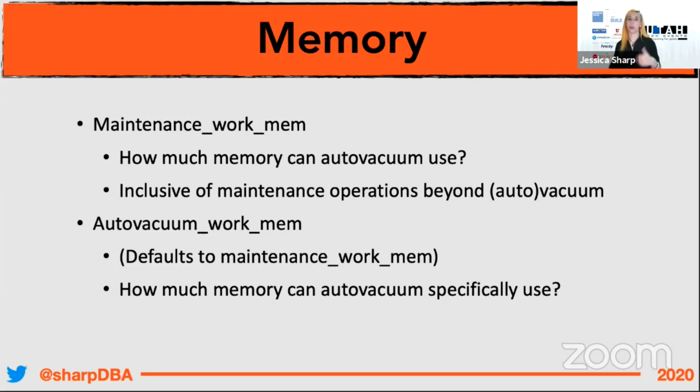But keep in mind that you are going to use up more maintenance_work_mem with that. So you need to calculate that and adjust your maintenance_work_mem accordingly, as well as make sure you actually have enough memory on the server. You may need to upgrade your hardware. Hardware doesn't solve a software problem, but sometimes you just need more memory.